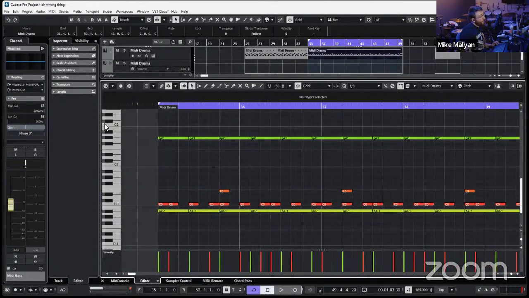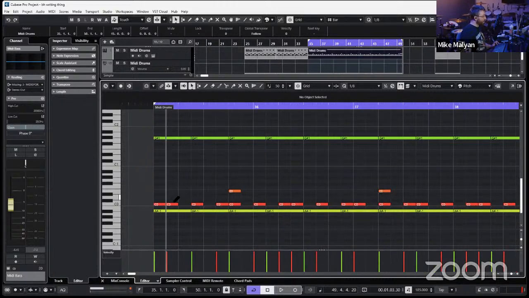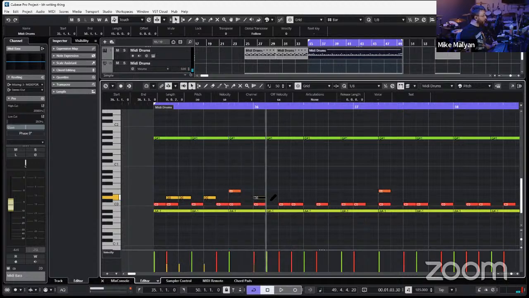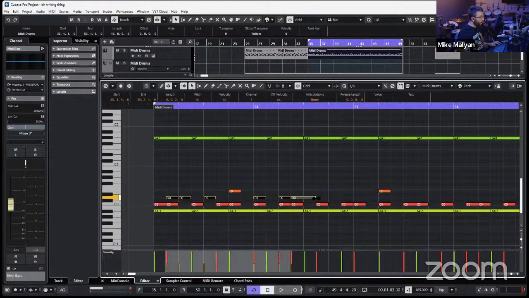So here's an ostinato I like for triplet feel: 1 and a 2 and a 3 and a 4 and. That's Chris Coleman, who blew my mind recently when he told me to try and say these things with reference to where they are in the bar when you play them. I'm still working on it. 1 and a 2 and a 3 and a 4 and, and then in order to get my loop correct, because I know I want to start on the second note, I've made it 2 notes long.